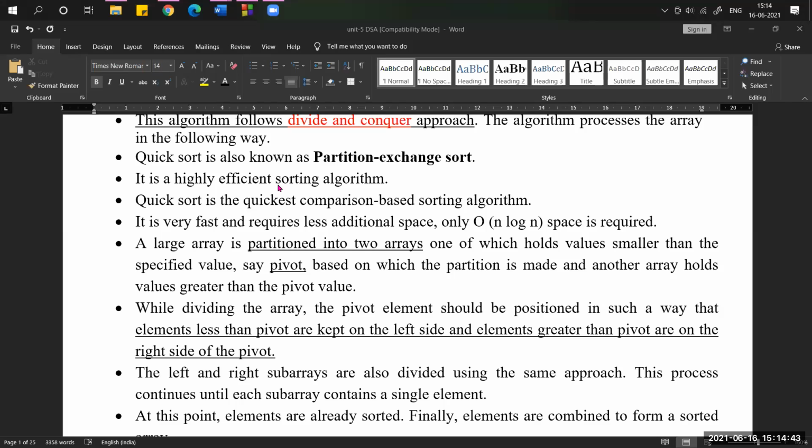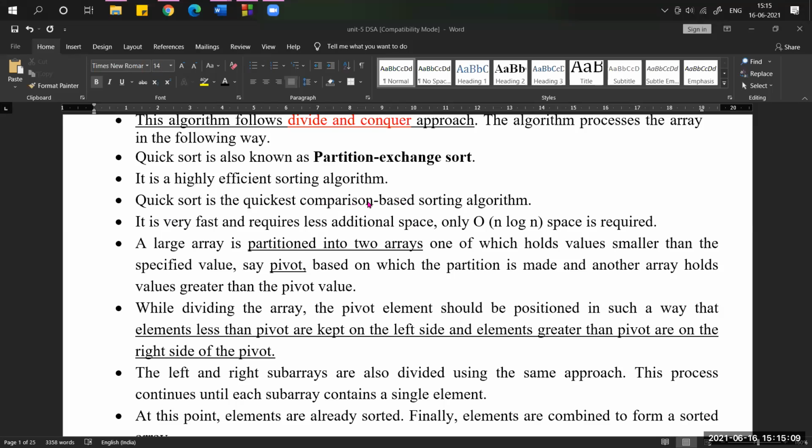It means very quick it is going to arrange. Okay, so how is it going to arrange? Based on comparisons, it is a comparison-based sorting algorithm. So if you want to arrange, like 3 and 2, okay, 3 and 2 are there, now I want to arrange them as 2, 3.